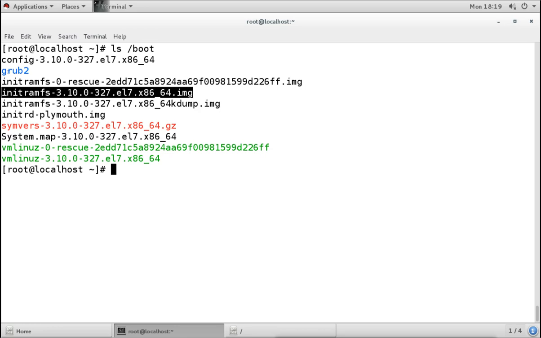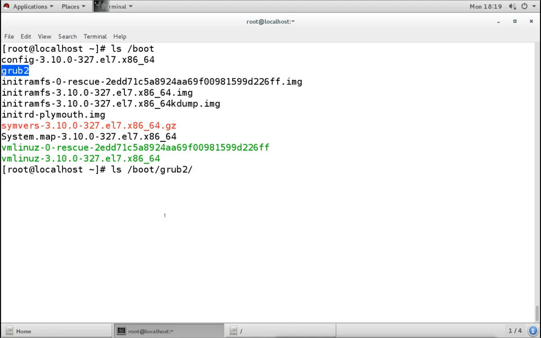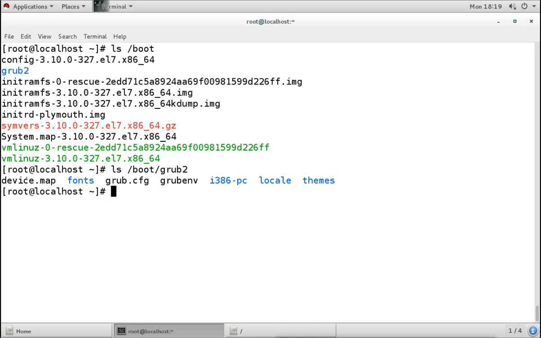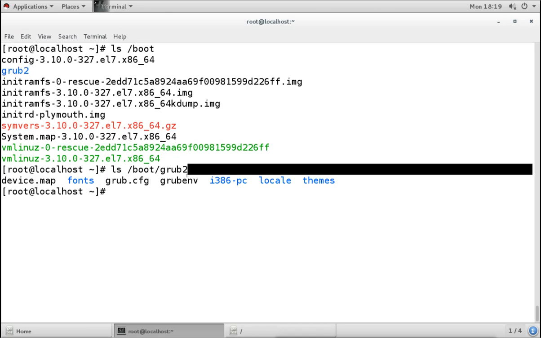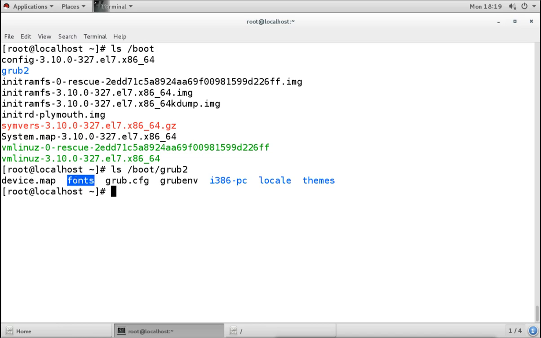There is a directory there. Now what is inside that directory? I don't know. I want to see what is inside that directory also. So I will list that directory also. I want to list grub2 which is under boot. Now it is showing that under the grub2 directory we have these files, and there are some directories also.